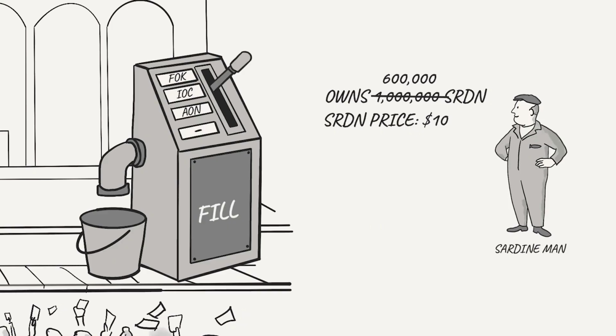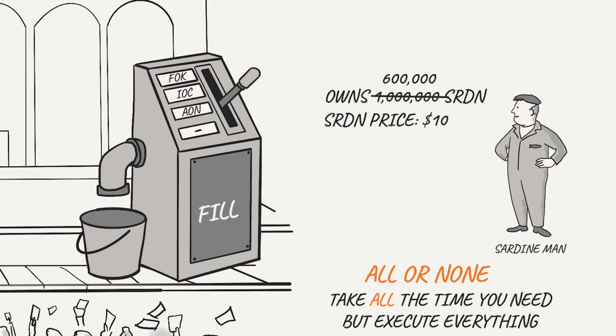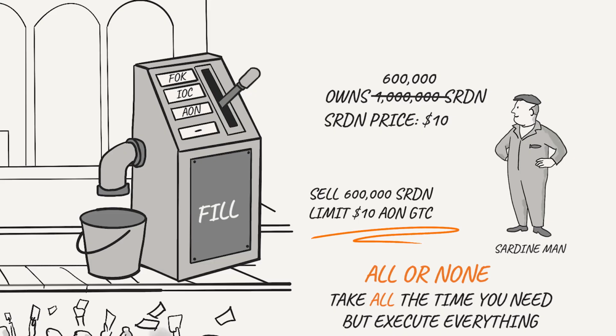You're not going to sit there and call the trading desk back and forth and watch it tick up and down all day. Instead, you're going to place an all or none order for the 600,000 shares. That's basically a fill or kill, except it doesn't have to be executed immediately. So this time you enter the order as sell 600,000 SRDN at 10 AON